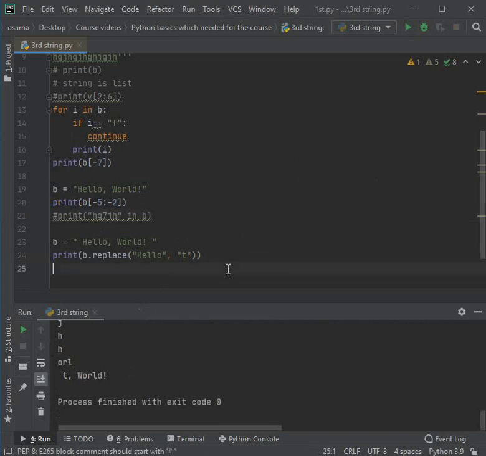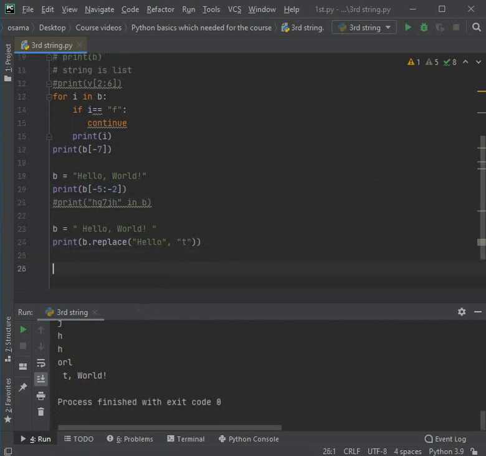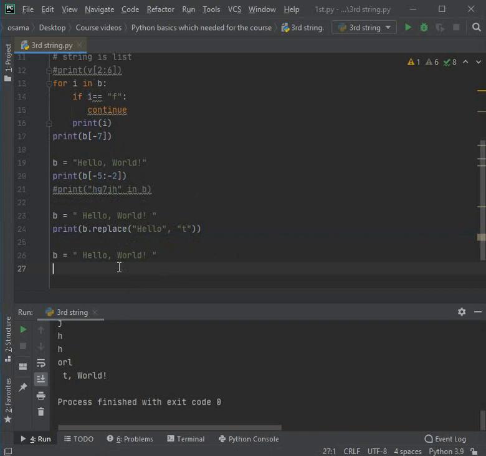The next is a very important function called split. The split function is used to split the text or string according to a letter or sign. For example, if we have this string, hello world, and we want to split this string into two strings separated at the comma sign, we want to make hello alone and world alone, you use